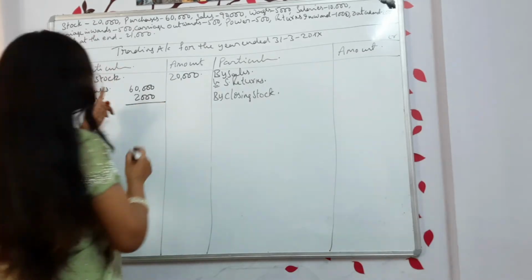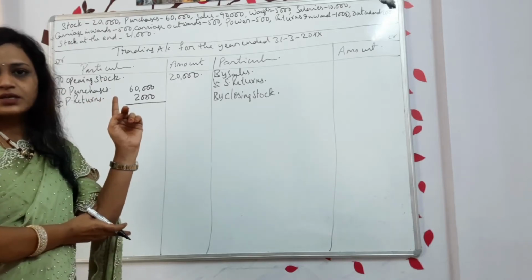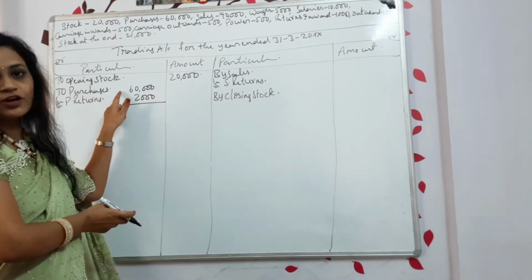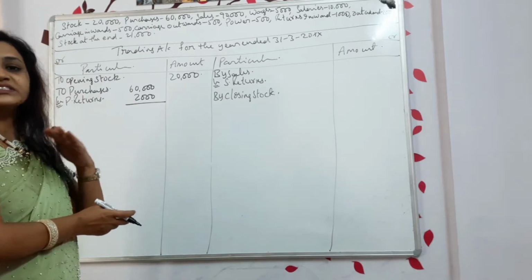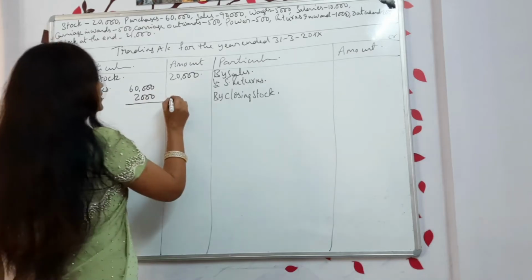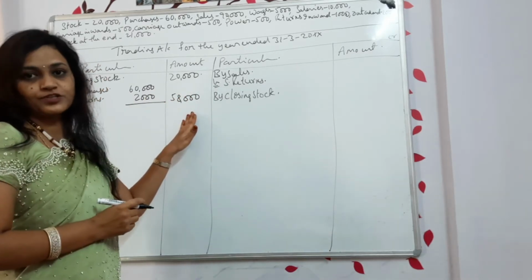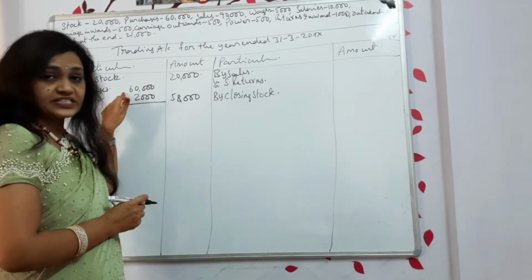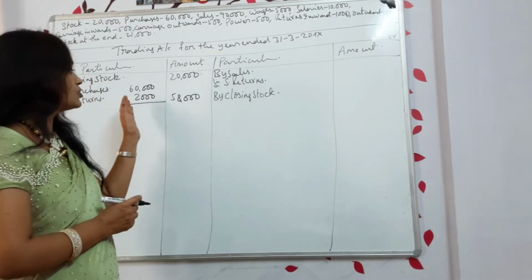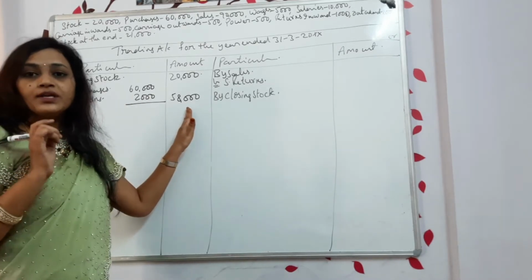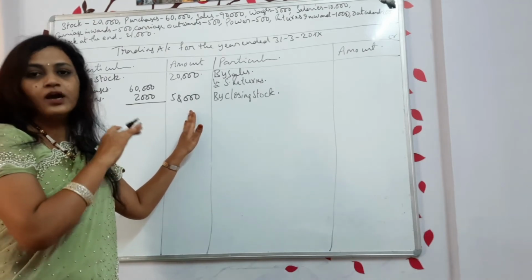Now what is the amount? We should find out what is the net purchases for the year. That means I have purchased 60,000. In that I already returned 2,000 goods. So now what is the balance I am having with me? Only 58,000 stock I have purchased. Actually we purchased 60, but 2000 stock was not good, so I returned those goods. So now the balance with me is only 58,000 stock. Only this much material I have used to manufacture the goods.